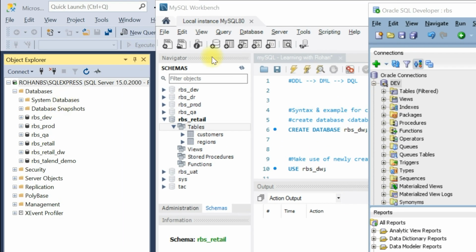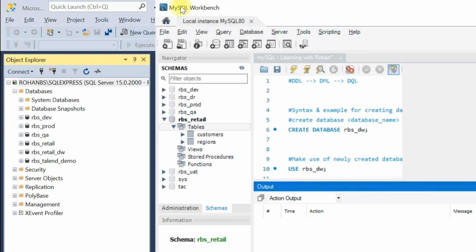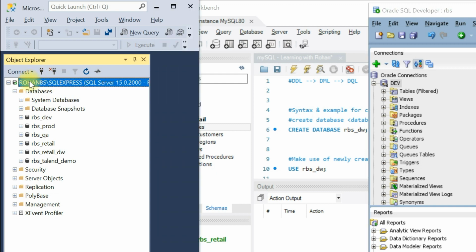On the screen you have three different windows. The first one is SQL Server, the second is MySQL Workbench, and the third is Oracle SQL Developer. Let's start with SQL Server first. SQL Server works on an instance connection.